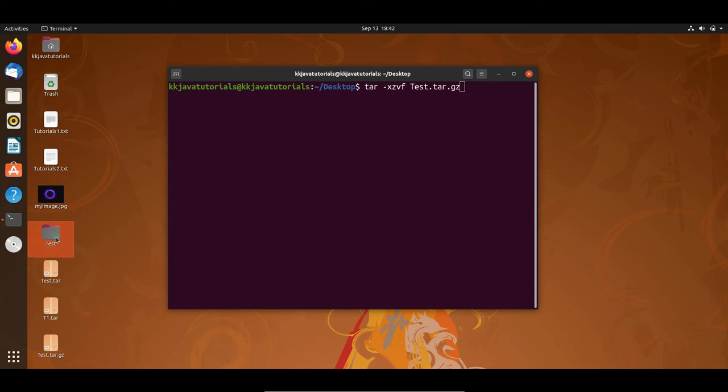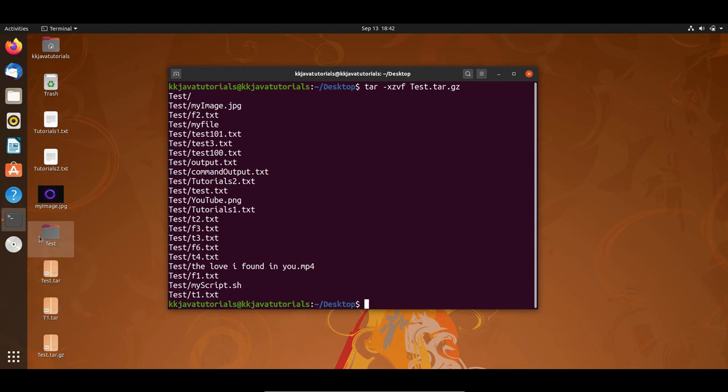So let me remove this file. Now if you press enter, then here you can see we get the uncompressed of .tar.gz compressed file, that is test, right? So creating and compressing, creating and extracting of .tar.gz file is very similar to tar file, right?